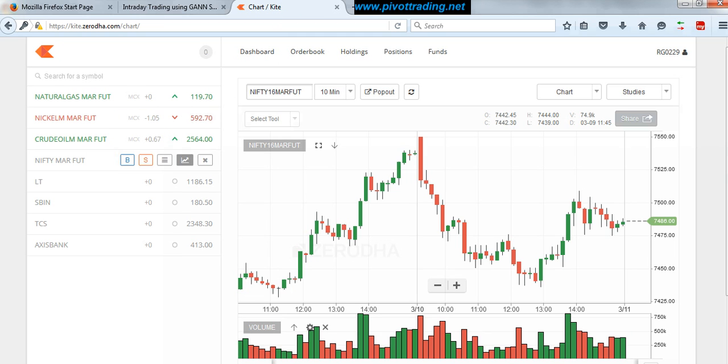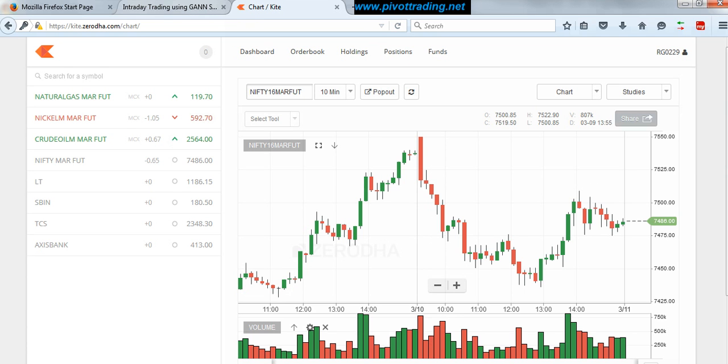So this is a chart for Nifty futures for the March series. This is today's date, and this is a 10 minute time frame. The first 3 to 4 candles will define our morning hours. This is the candle of 9:35. This is the candle of 9:45. So we have to calculate levels or the average price somewhere between these. Let's say we calculated the levels at 9:30, and if you look at the closing price of this particular candle, it was 7506. Or I would say the average price at this particular time in the morning would be close to 7506.